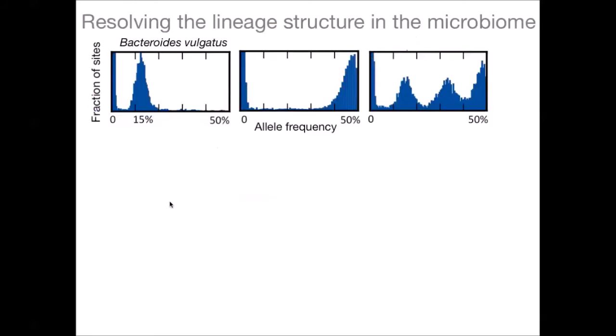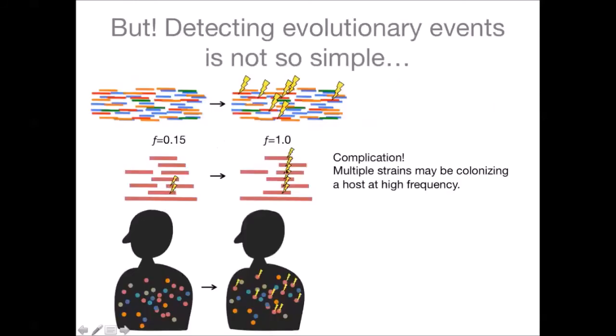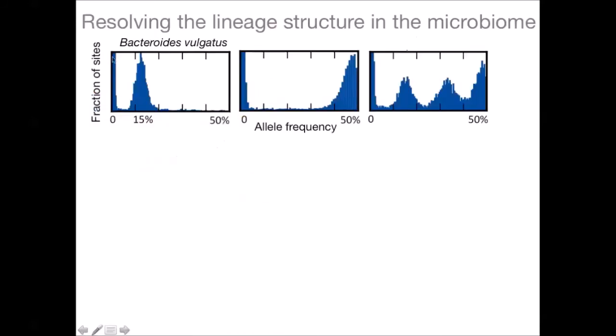So here, what I'm doing is I'm actually taking these allele frequencies and I'm going to plot them as a histogram. And so here I'm plotting histograms for 3 individuals from the Human Microbiome Project for the common species Bacteroides vulgaris. On the x-axis, I have the allele frequency. On the y-axis, I have the fraction of sites. And so what you can see is that we have a lot of variation across hosts. We see these very funny bumps that to a population geneticist may feel non-standard because we don't expect to see these intermediate frequency bumps.